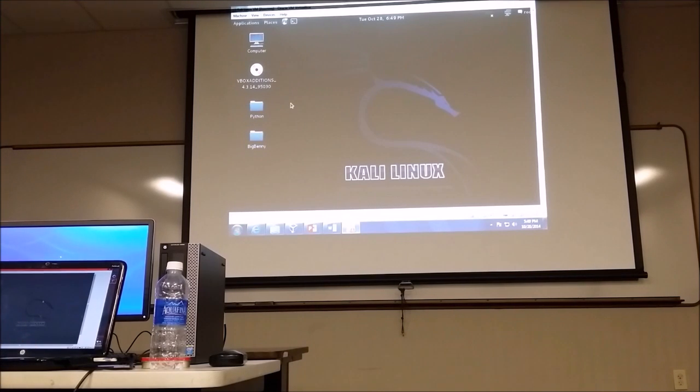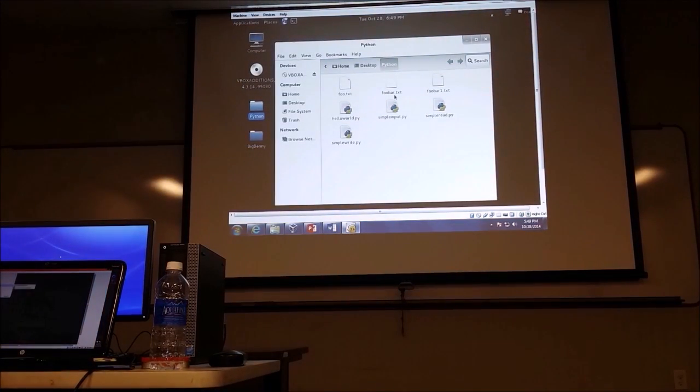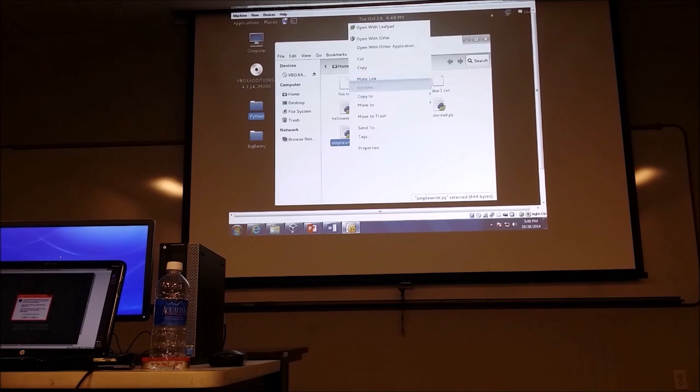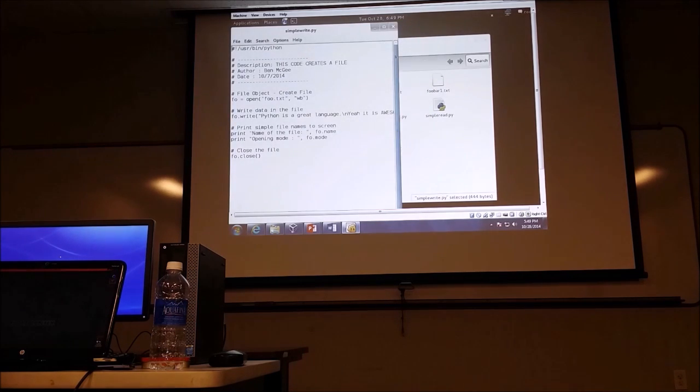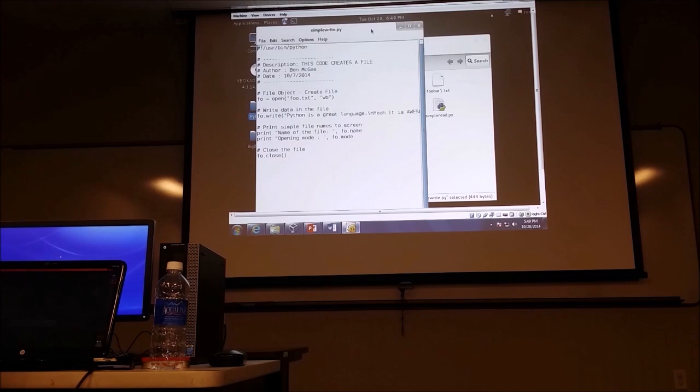All right, so first things first, what we're going to do is go in and check and see what we've already done in Python. You can see that we've gone in and created a hello world, simple input, simple read, simple write. If we just extract the simple write here, and I open it up in this LeafPad program, you can see that here we have the